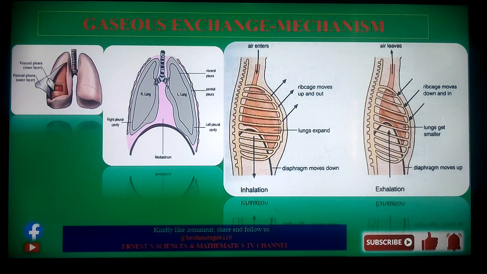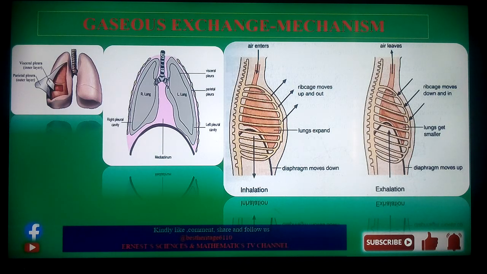In this specific video, we're going to look at the gaseous exchange mechanism, and basically we're going to concentrate on the intake of air that we refer to as inhalation. Therefore, I've just given two illustrations for intake and outtake of air from the lungs, in order to remind us of the previous discussion that we had